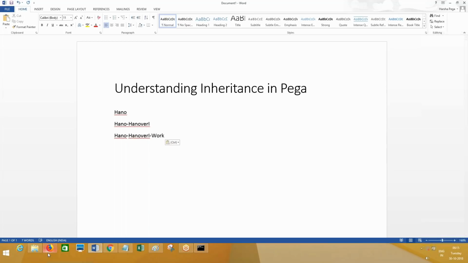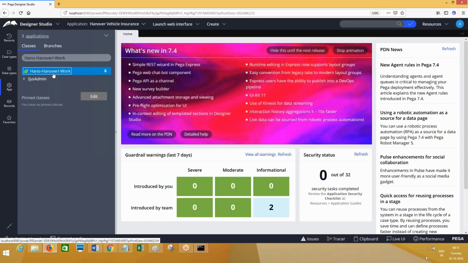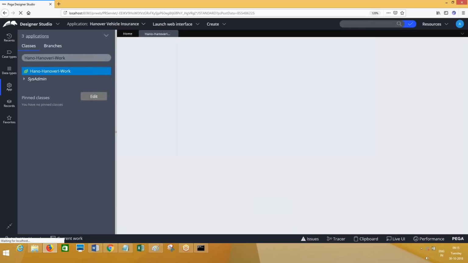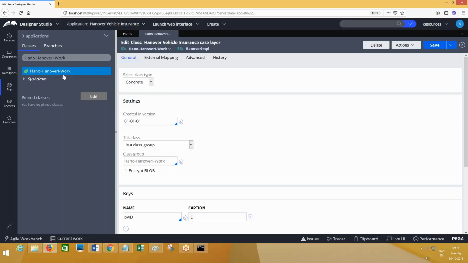Now, see, before we understand that, what is the purpose of these classes? If you consider, I have already shown you yesterday, right? If you right click on this and go to definition, you should see the type of the class. What is the type of the class here for work? It is concrete. Means your business transactions will be executed under the work class. This is what I have already told you.